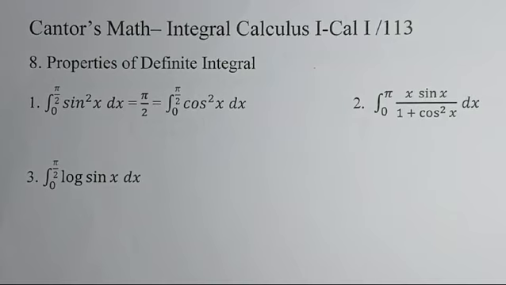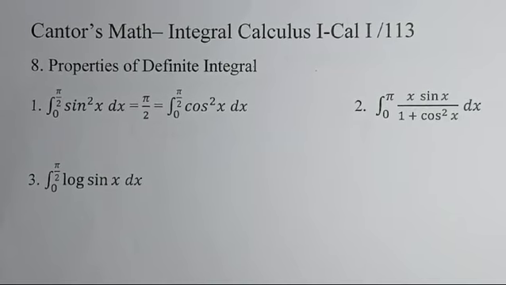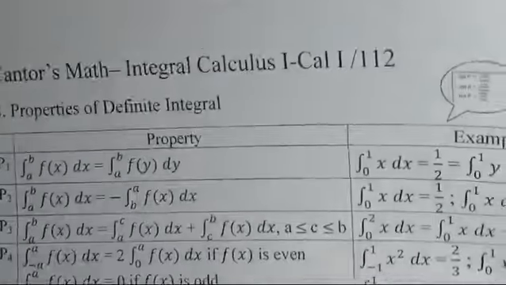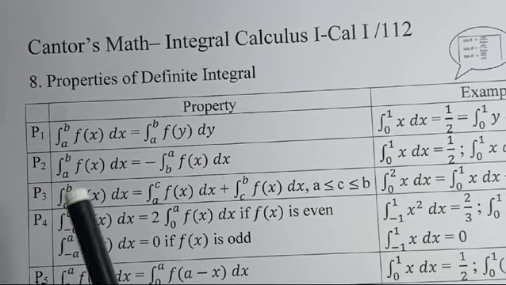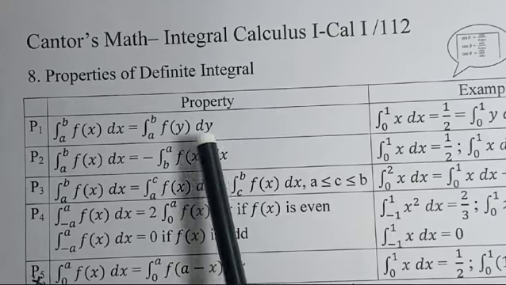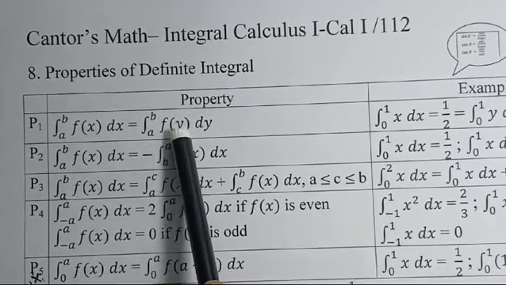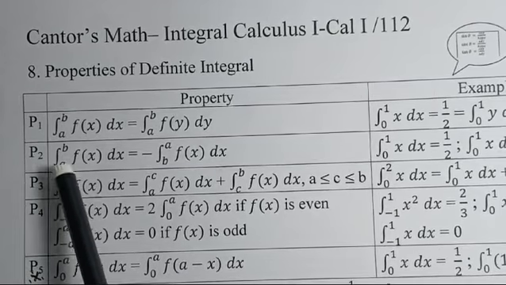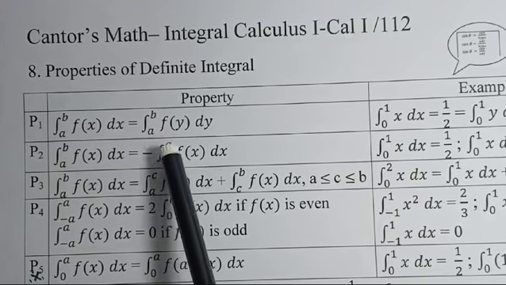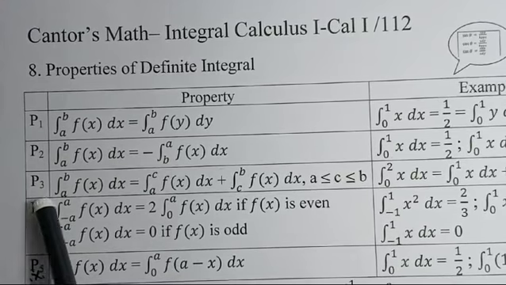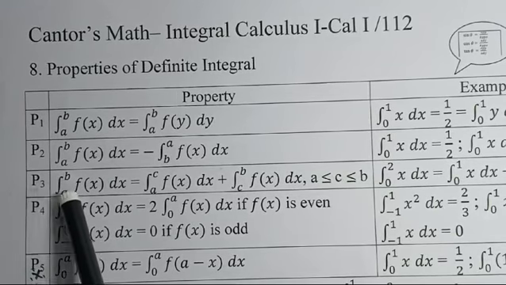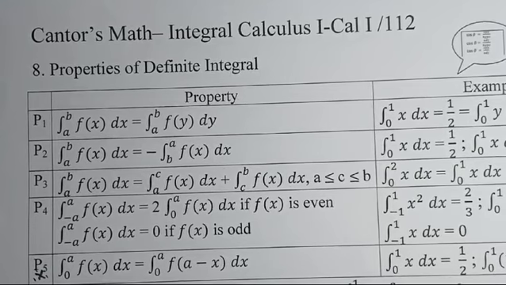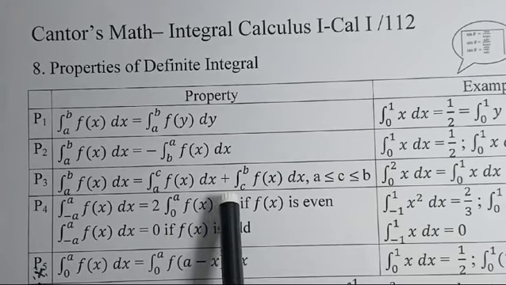Properties of definite integrals. Using the 5 properties, we are going to solve problems easily. What are the 5 properties? Let me repeat. That is P1, integral a to b f of x dx equal to integral a to b f of y dy. We can interchange the variables in the integrand. P2, integral a to b f of x dx, if you interchange the limits, you have to put a minus. Then P3, if there is c in between a and b, then integral a to b f of x can be split into integral a to c f of x dx plus